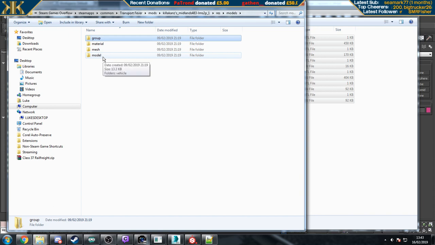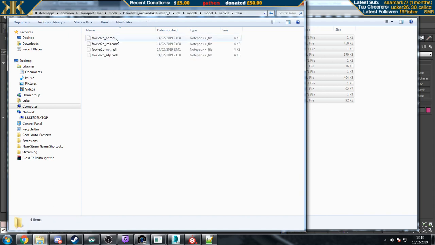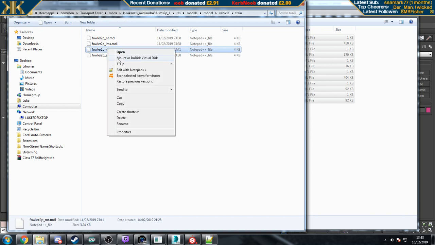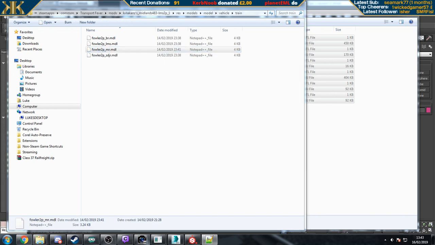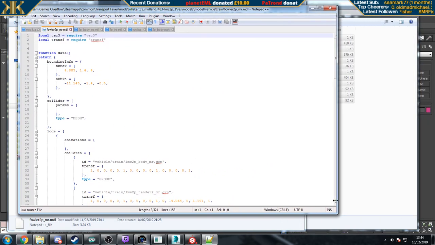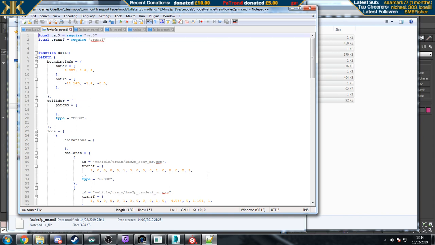So the first one we want to go to is in the model, vehicle train, and you have these files, the MDL files. This literally defines everything about your mods. This is probably the most important file. Without these, you don't have a mod. So if we open one of these first, again this is just a Lua script, so you can open it in Notepad++. This is the one that I tend to use. But you can open it in any text editor, so you can open it in Notepad if you wanted to, you can open it in WordPad, whatever you want, just anything that can edit text. So this is our MDL file,